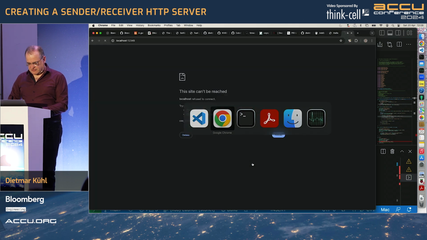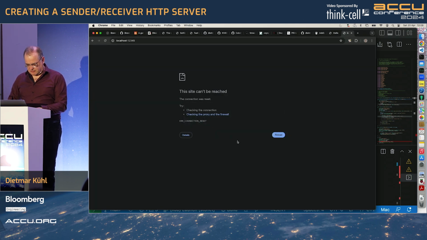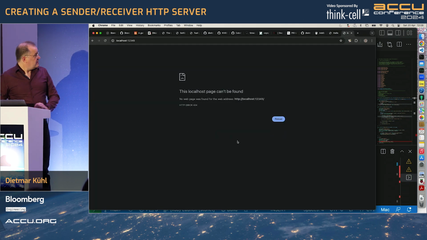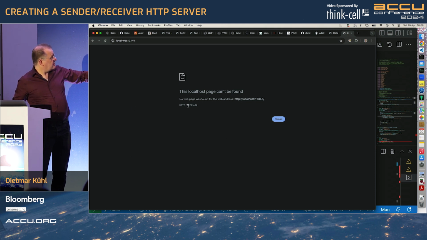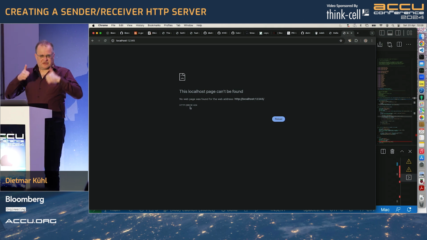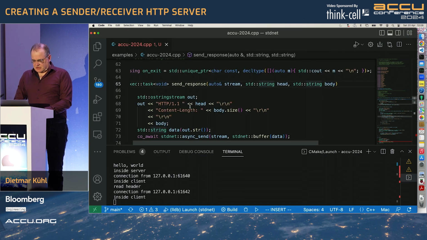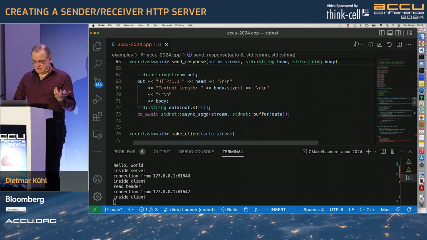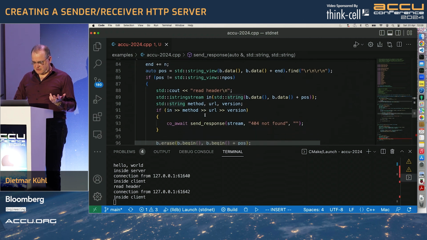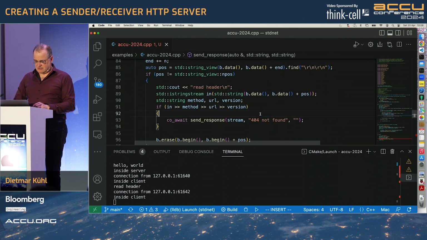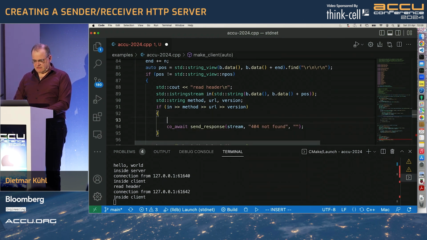So I'm not sure whether you will see the difference, but I hope there's a difference. You can see it now says 404, which is just what we sent. Yay! So we basically started to respond. And from now on we could just go, oh right, great. Instead of a 404, maybe we say, well, if the method is GET, and we basically have something